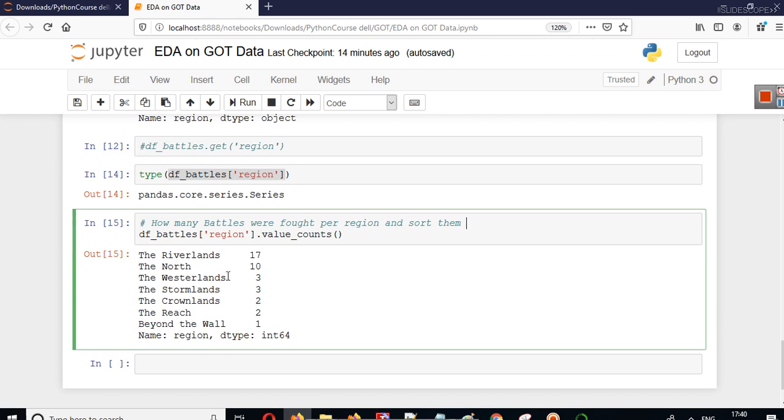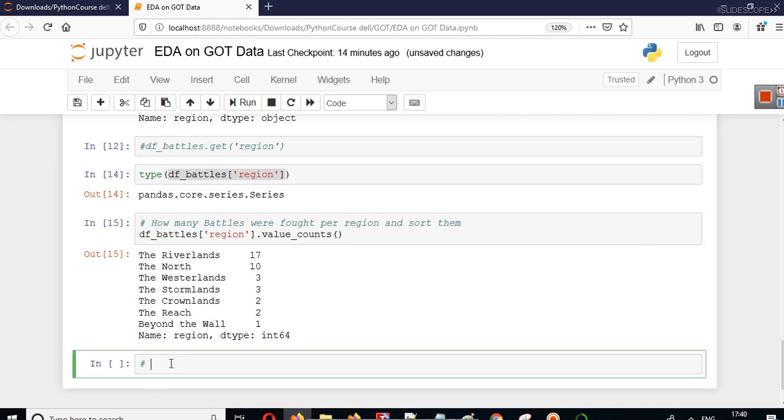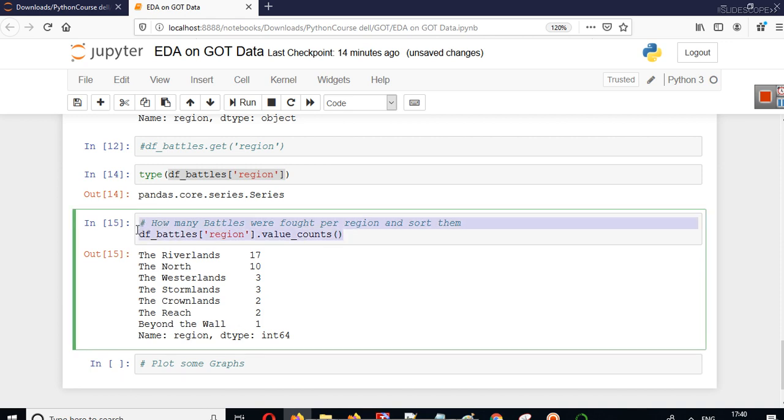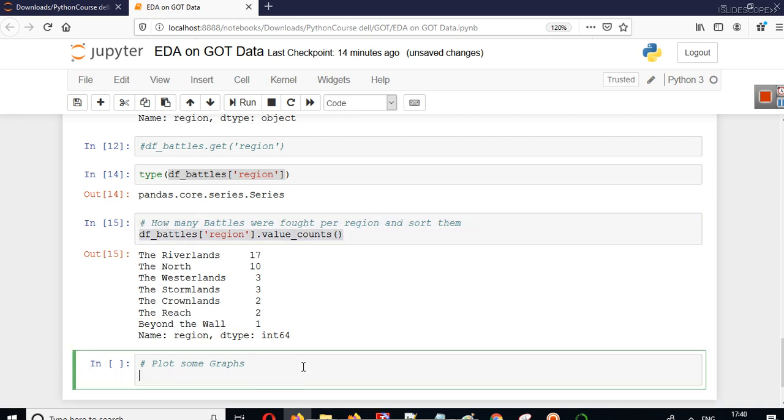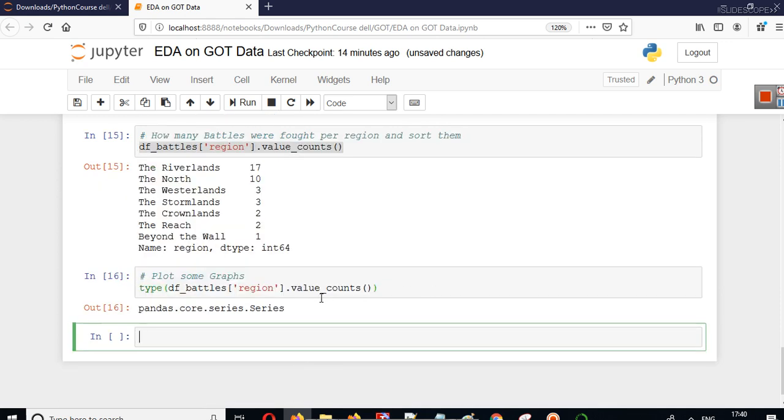And when I say visualize it, we can plot some graphs here, right? How can we plot some graphs using this particular thing? Again, whatever we have got here, we can analyze that. Again, type is a really useful function. Type is a function of core Python. Again, you can see this value_counts that we have got.